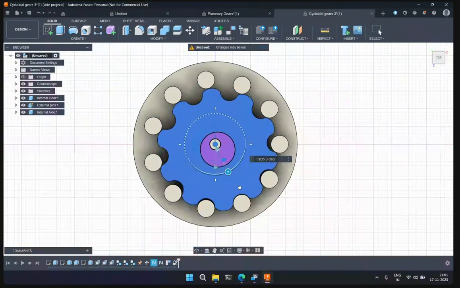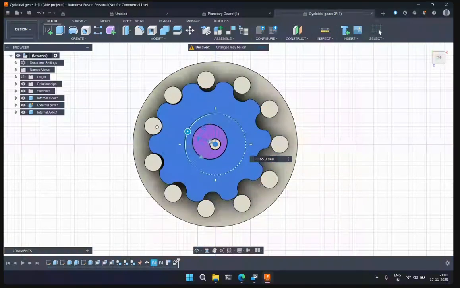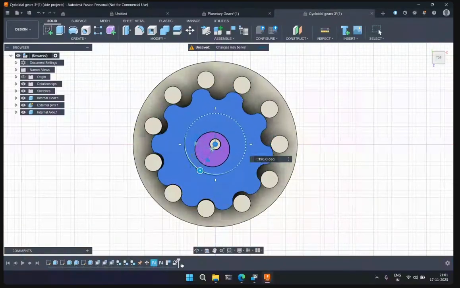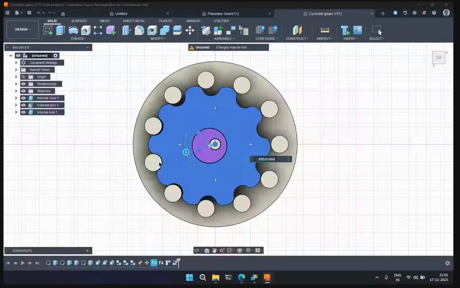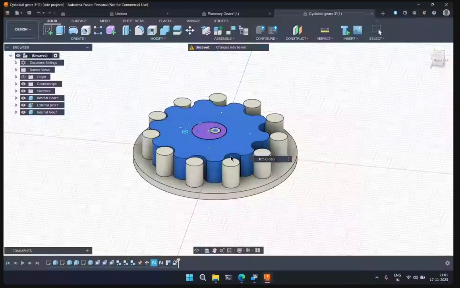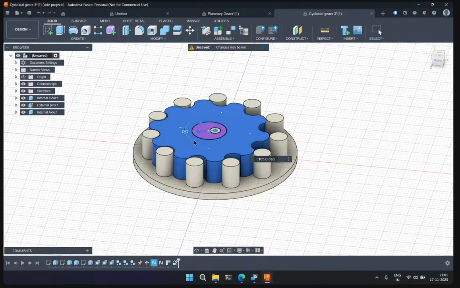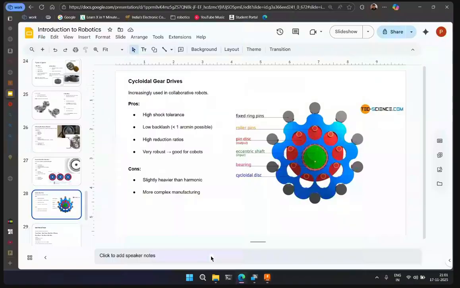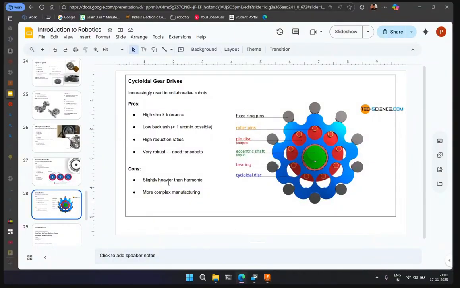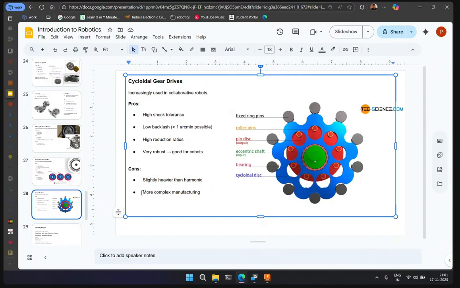These are the second best after the harmonic gearbox, but these are big and a bit heavy. It takes a lot of different parts. You have a base plate, you have bushings, you have multiple bearings inside it. Just to make this one small thing, you have a lot of parts going inside it. That's why these are slightly heavier and complex to manufacture. There are a lot of parts, right? Not just one thing. You have your eccentric shaft, multiple bearings, multiple discs,